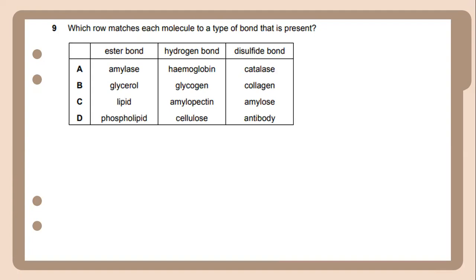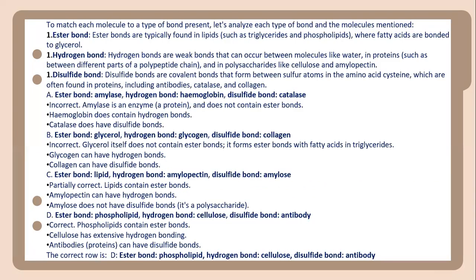Which row matches each molecule to a type of bond that is present? Let's look into the next page for further explanation. The answer for this will be ester bond for phospholipid, hydrogen bond for cellulose, disulfide bond to represent the antibody. So this is the explanation why the correct answer